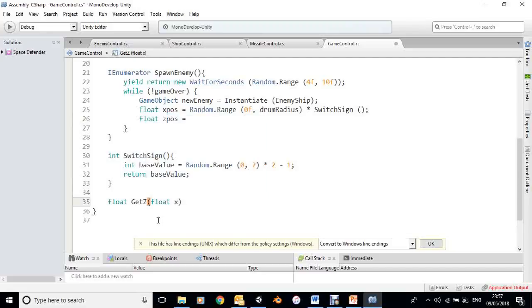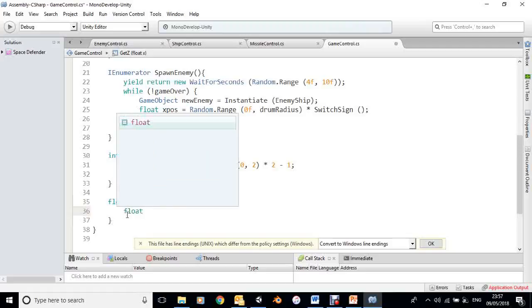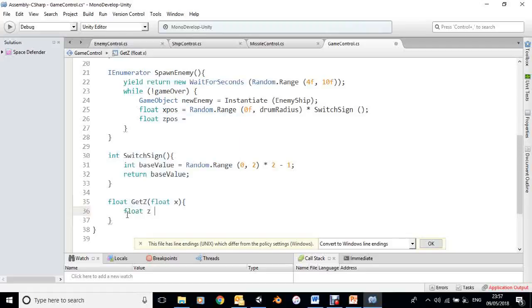So I want to say, well, what is the z value when we've got an x? Right, so in here I'm going to create a floating point variable. I'm going to call this z, and that equals,